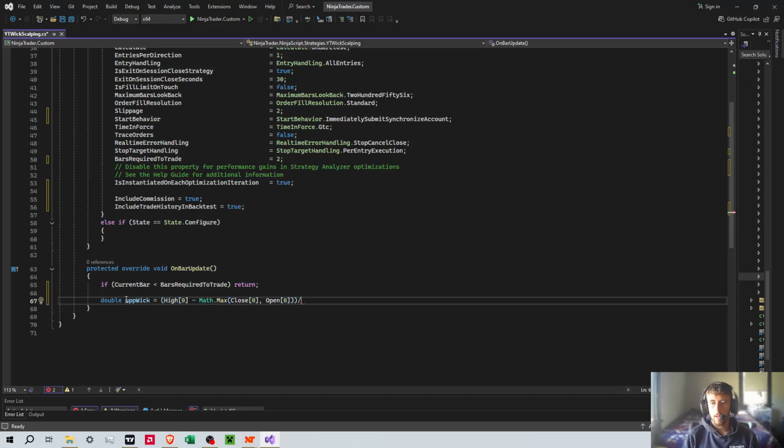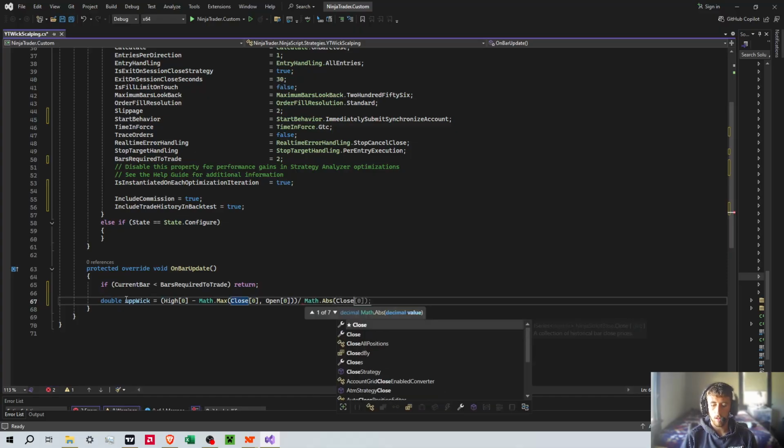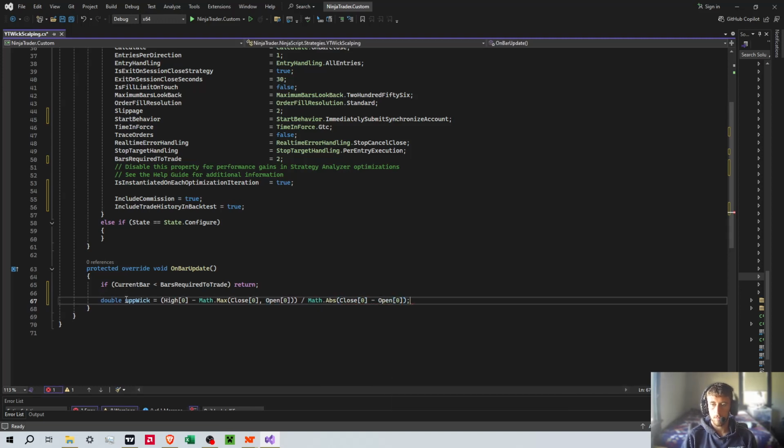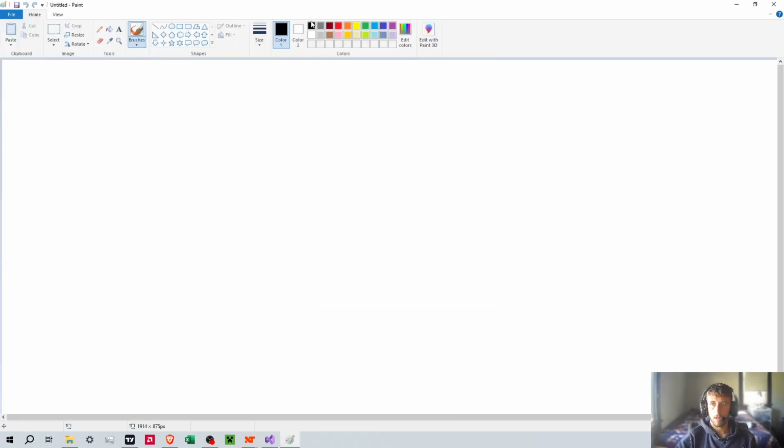Then we need to divide that by the absolute value of the close minus the open. So what this is doing is,